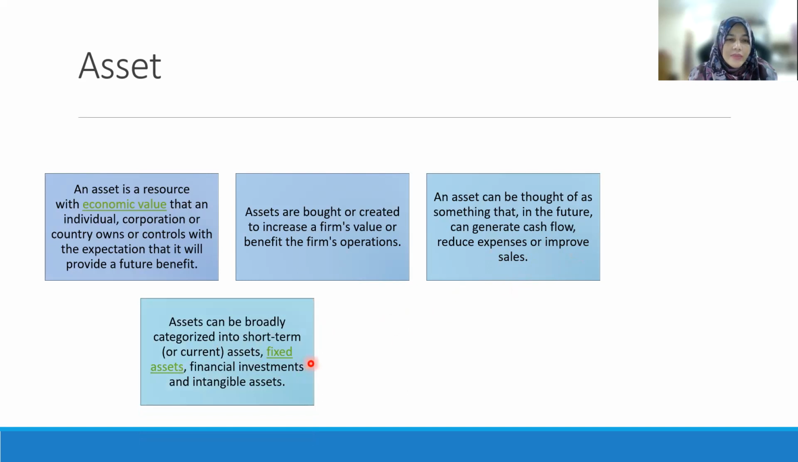And then assets can be broadly categorized into short-term or current assets, fixed assets, financial investments, or intangible assets. Yes, so what does it mean by short-term? Short-term asset or current asset, usually the lifespan is about 1 year or below. Examples of current asset are cash